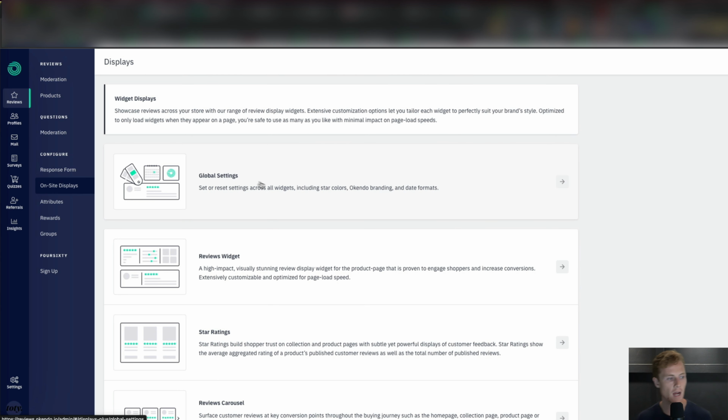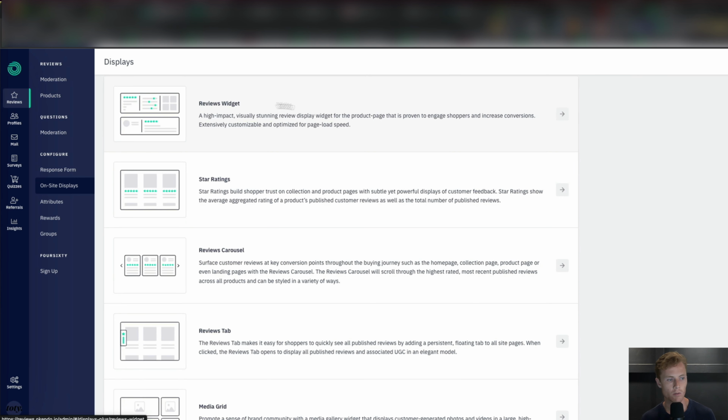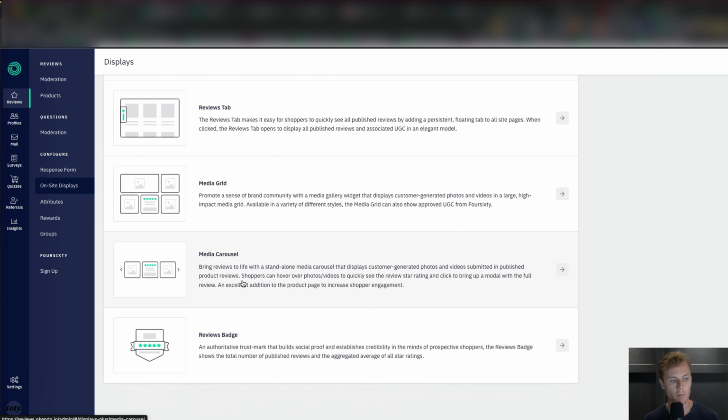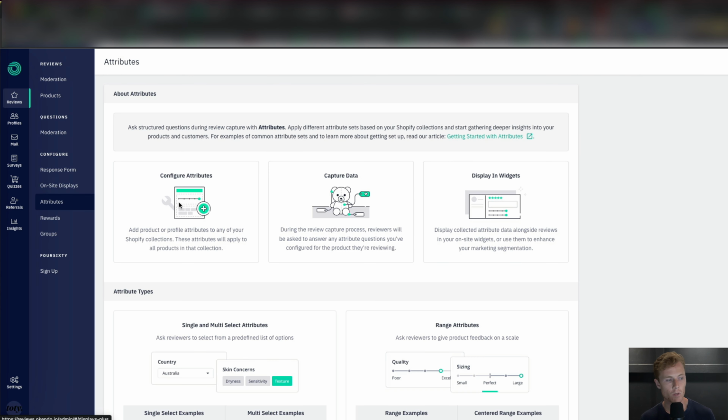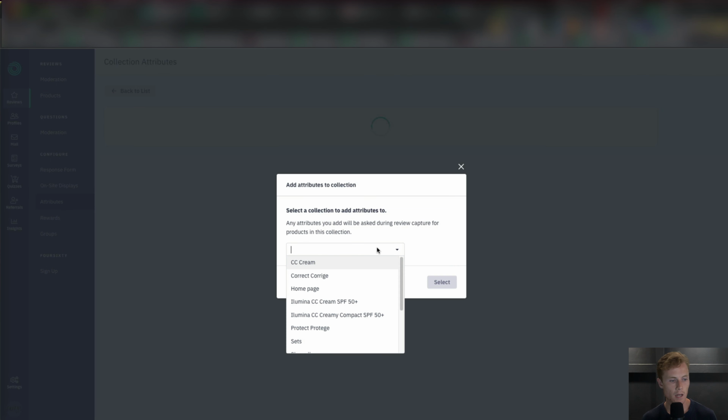Next, you have your on-site displays. You are able to set or reset the settings across all your widgets, or you can just update the reviews widgets: the star ratings, the reviews carousel, reviews tab, media grid, media carousel, and then also your reviews badge. But what I want to dive into most is attributes. So we can go ahead and